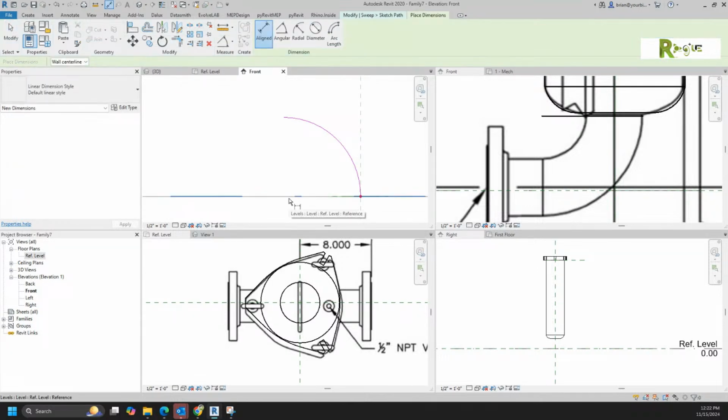I tab, I want to not get the level line. I don't want to get that line. I don't want to get the level line. I want to get that reference plane. I believe if you do that,